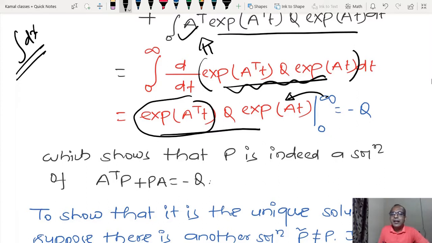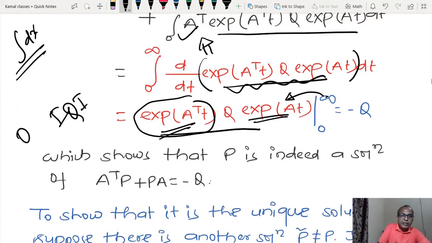At 0, you can see that A multiplied with 0 gives the identity matrix. So I have identity Q and identity, and since the upper limit I have written is infinity, that is 0 and minus, and due to that reason minus Q is actually reflected here. So I am able to show that A transpose P plus PA equals minus Q if I select P